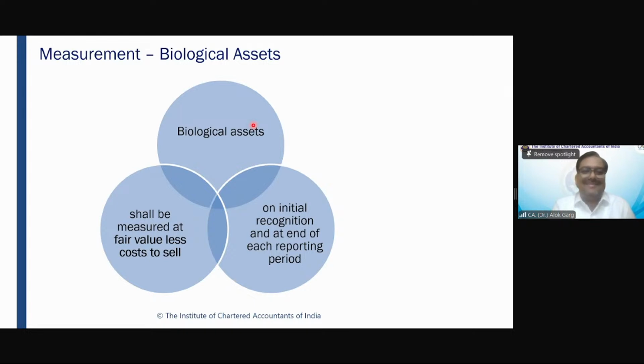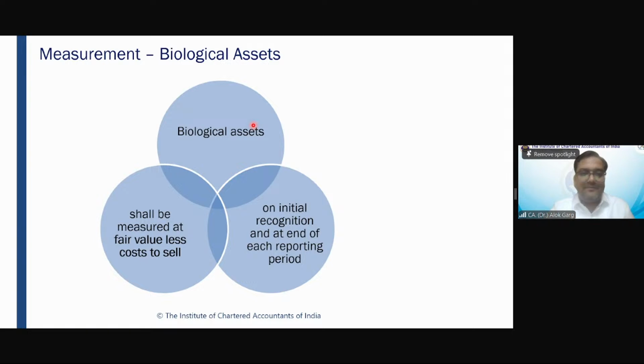Think like a chartered accountant. There is no subsequent measurement of agriculture produce. Why? Because at the time of initial recognition, agriculture produce has to be measured at fair value less cost to sell. But immediately after the recognition, it will transfer to other assets, be it inventory. So cost or NRV, whichever is lower, is not for agriculture produce, it is for inventory. ये तो दूसरे स्टैंडर्ड में चला गया ना अब. So there is no subsequent measurement of agriculture produce after harvest.